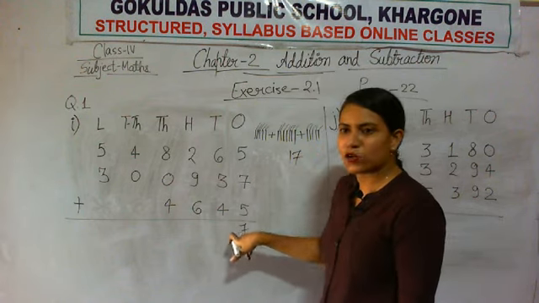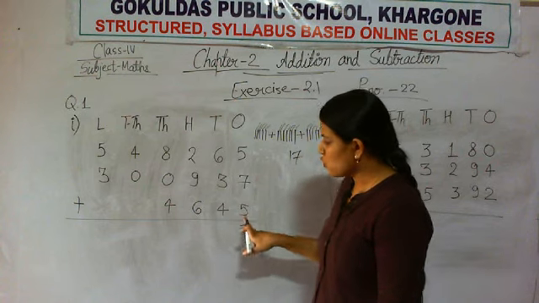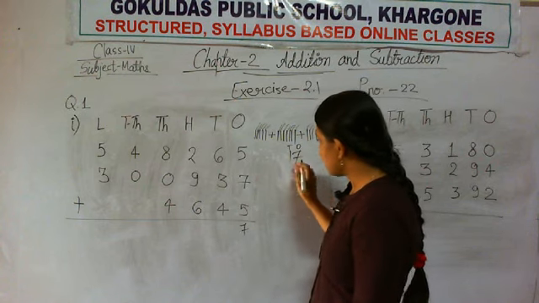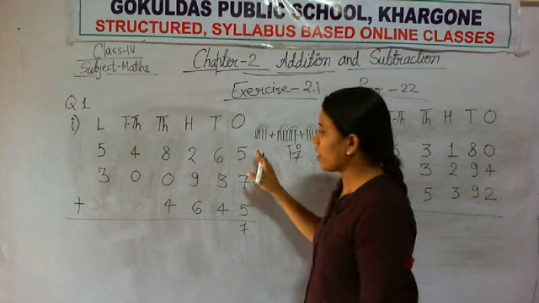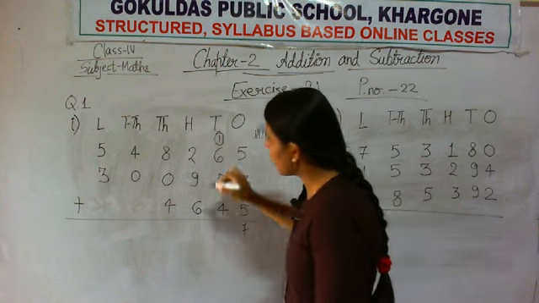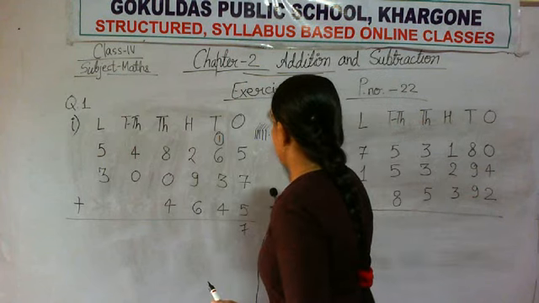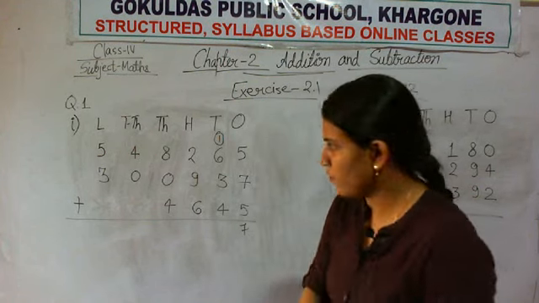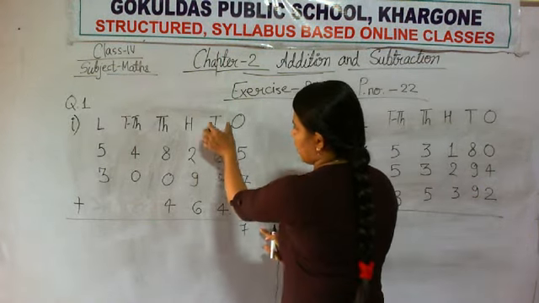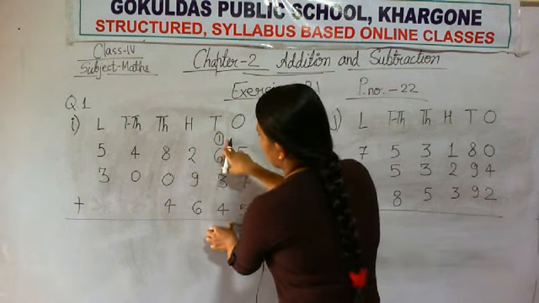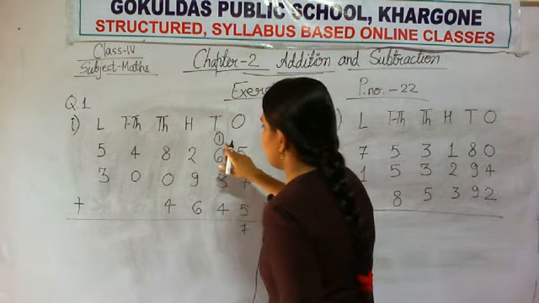You cannot write 2 digits at ones place. So you will write 7 at ones place, and this 1 will be regrouped in tens place. Okay. Now we have done with the ones column. Now see the tens column. We have now 4 digits.